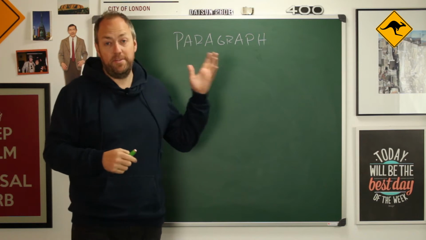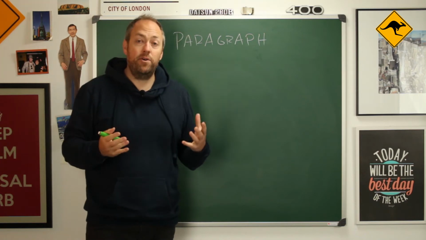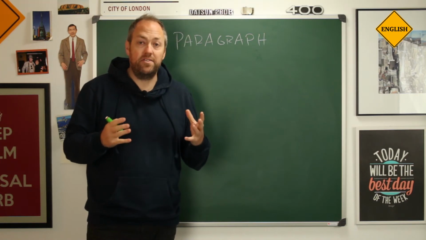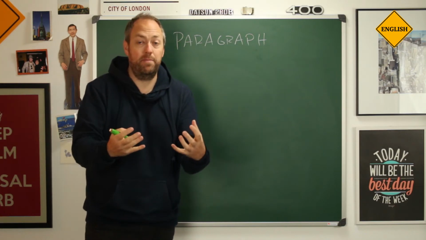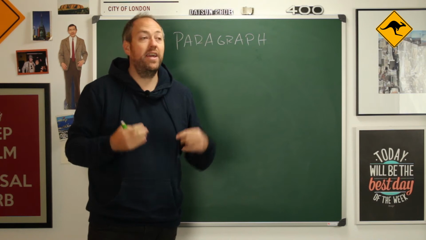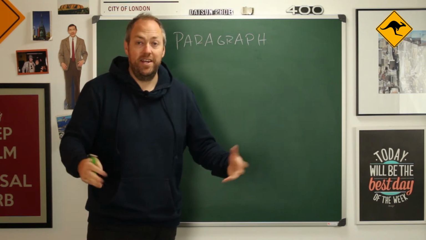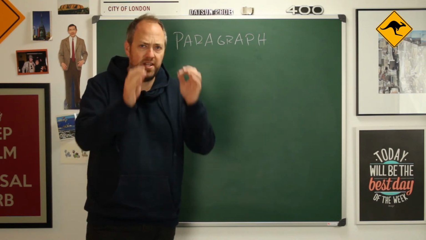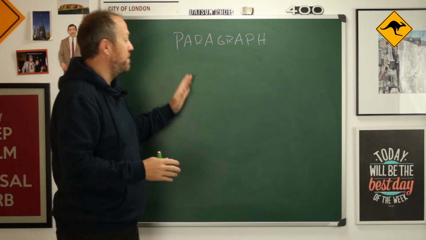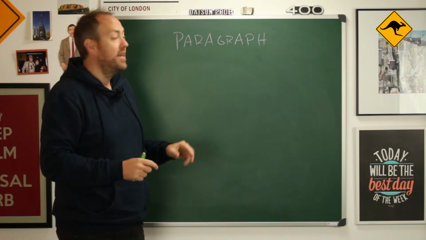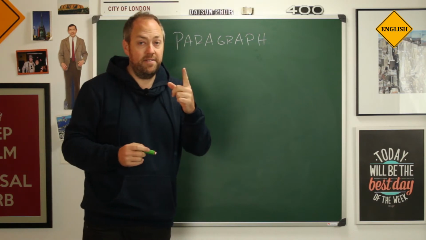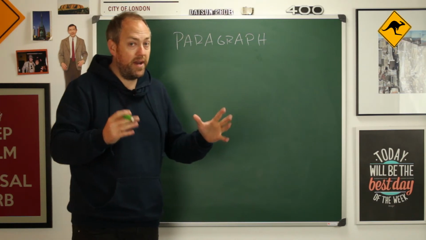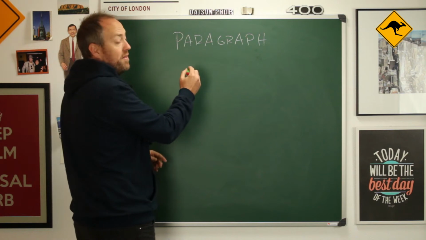So the next thing is paragraphs. Now, paragraphs, like all parts of writing format, we are trying to help the person who is reading. We want to make their life easy. We want to make our text easy to read and clear. So we need to use paragraphs. They're very important. So paragraphs usually contain one idea, one thing you want to talk about. And this is normally the format.